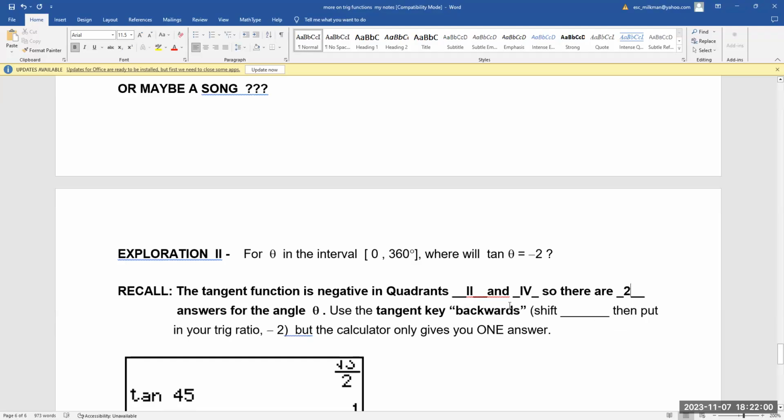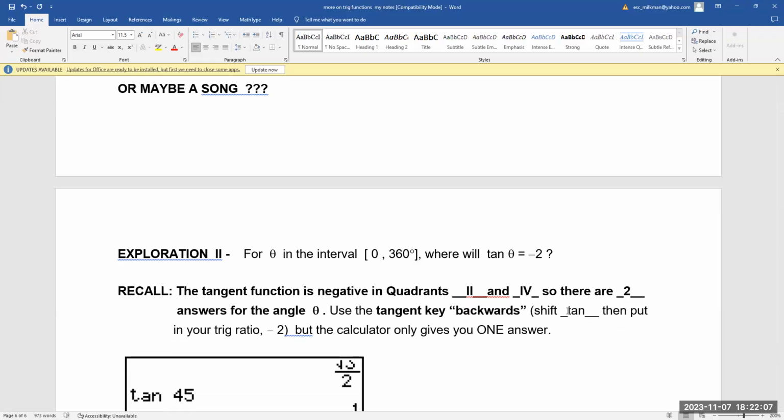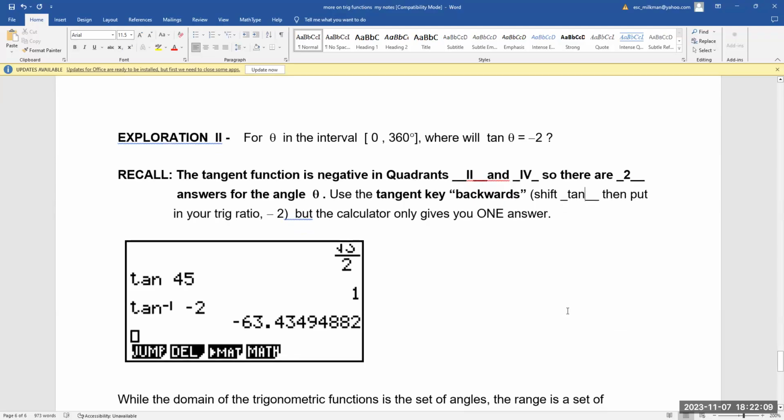Use the tangent key backwards. You're going to push Shift tan, then put the -2 in. The calculator is only going to give you one answer. I put the tangent of 45 degrees here, which is 1, just to make sure I was in degrees. When I do the inverse tangent of -2, I get about -63 degrees,